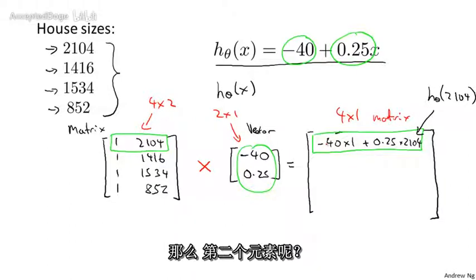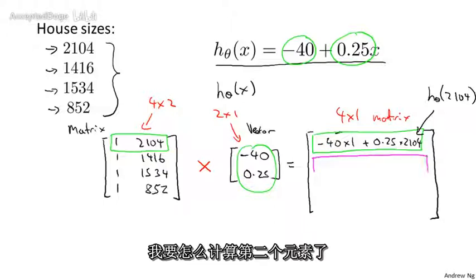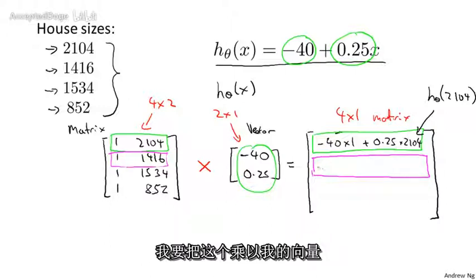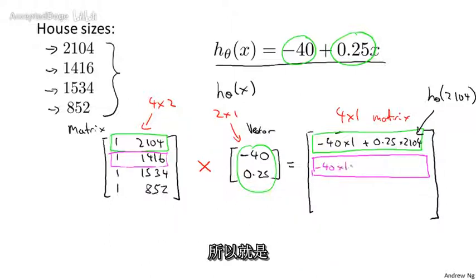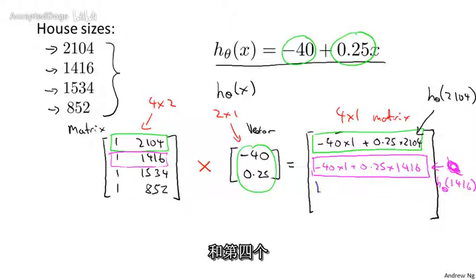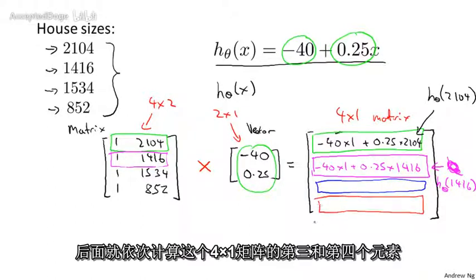Well, how about the second element? Hope you can see where I'm going. To get the second element, I'm going to take this and multiply it by my vector, and so that's going to be minus 40 times 1 plus 0.25 times 1416, and so this is going to be h of 1416, and so on for the third and the fourth elements of